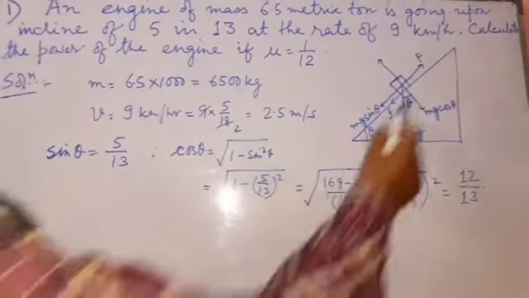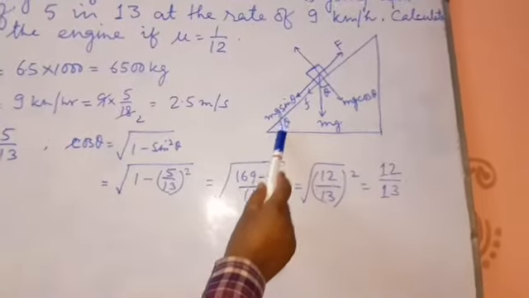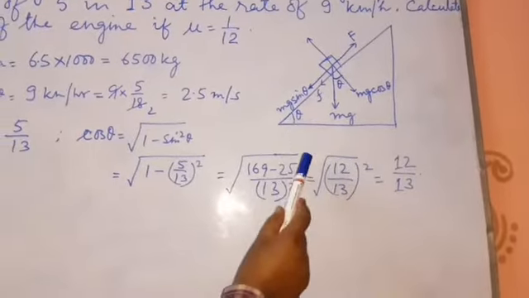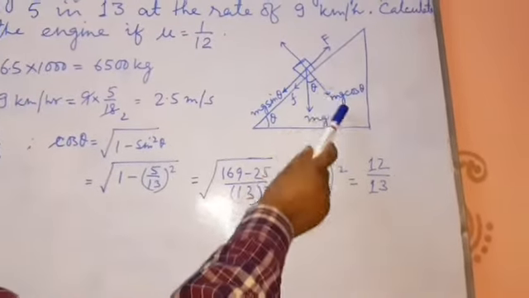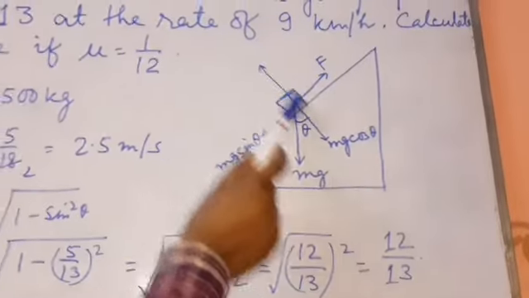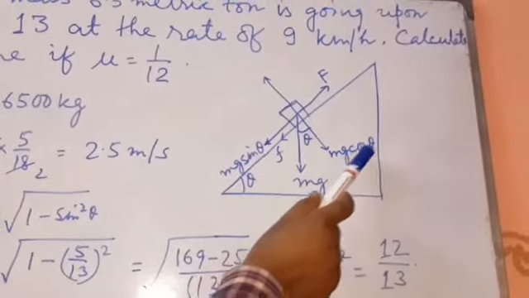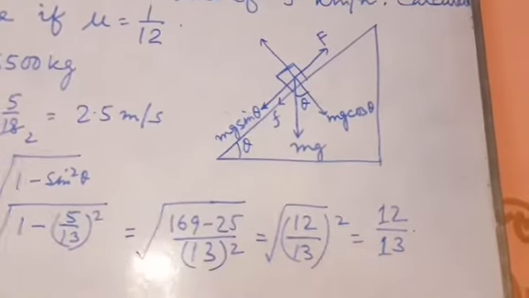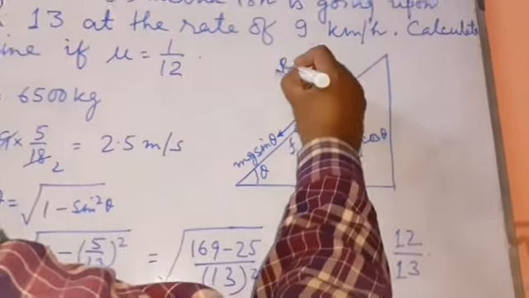See this one. This is the inclined plane. Here one object is placed and the inclined angle is theta. So in this case the weight is mg. Here if we resolve this, perpendicular to the plane and parallel to the plane, this is mg cos theta, this side it is mg sin theta, and the reaction will be upwards.